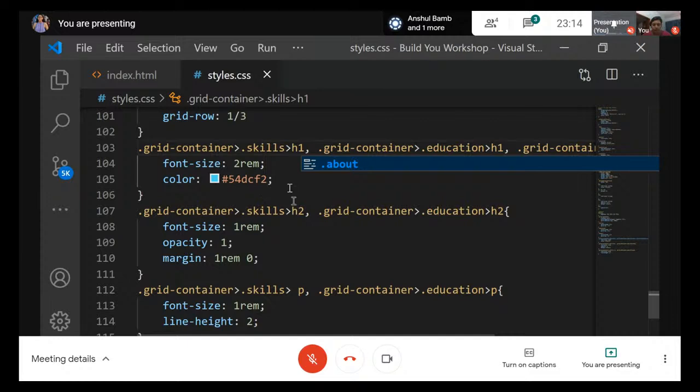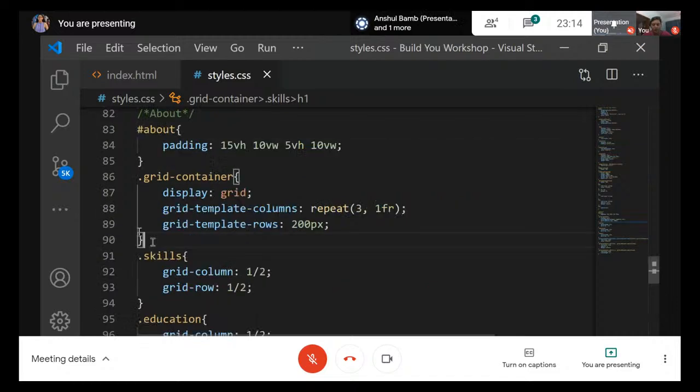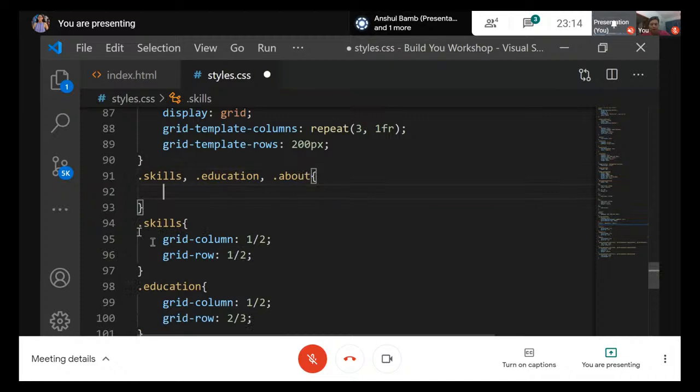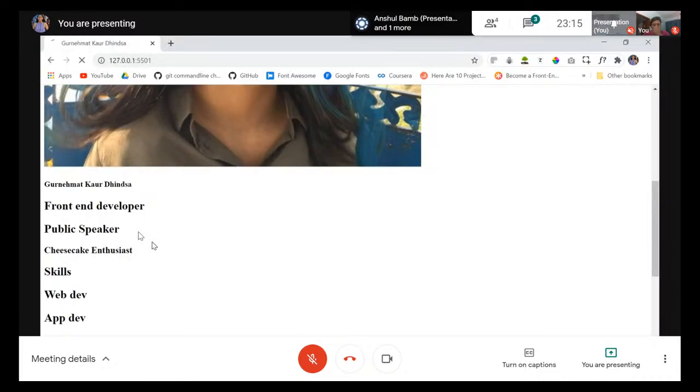One thing I want to do is that I want all of my grid containers to have a background. So I'll just select all of them together. Skills, education, followed by about, and I'm just gonna give all of them a background color of a dark gray, which has the hex code 232D2F. And if I go check it out now,